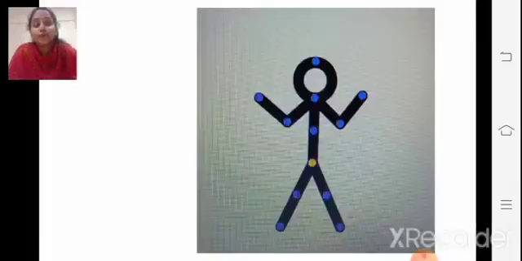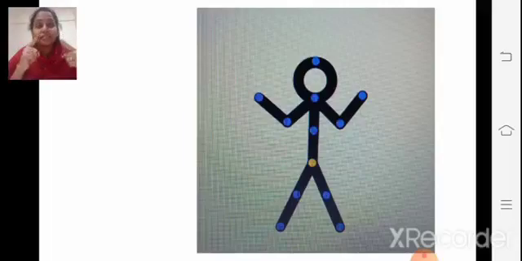In this picture you can see blue dots and a yellow dot, and all these black sticks are joined together with these dots. This is the default screen you will get, and then we are going to learn how to give an animation to this figure.